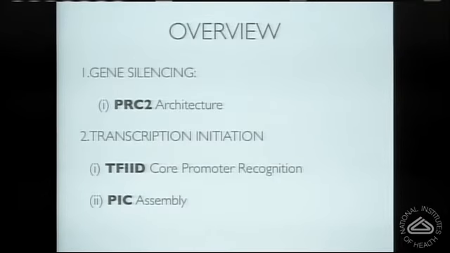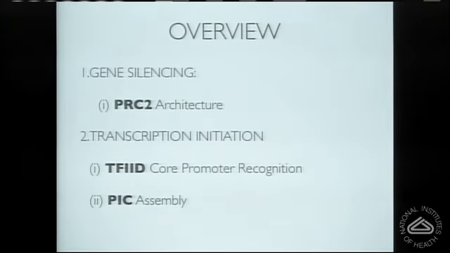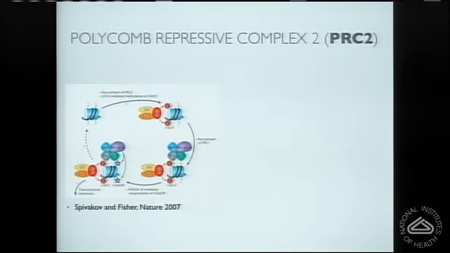And I'm going to tell you first about TFIID, which is the component that is involved in recognizing key signatures at the start site of the gene. And then I'm going to tell you about how from that recognition step, the rest of the transcriptional pre-initiation complex is assembled. So very quick biological introduction to the Polycomb Repressive Complex is that it's involved in silencing genes